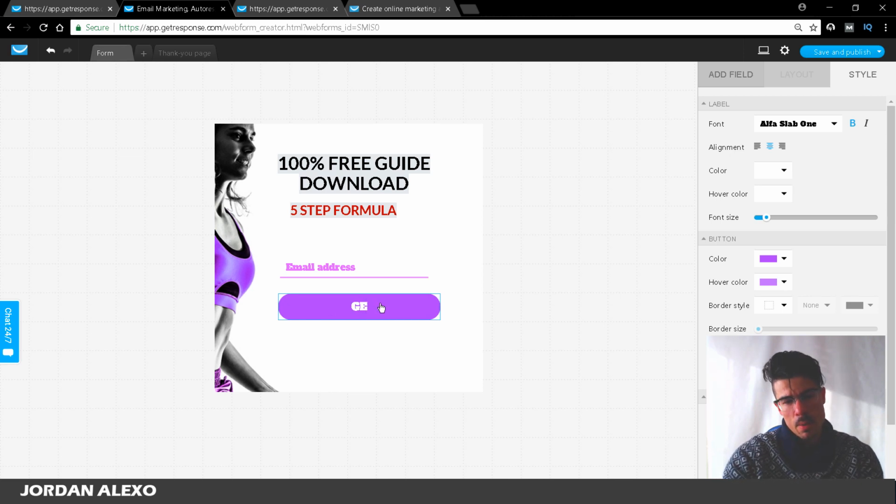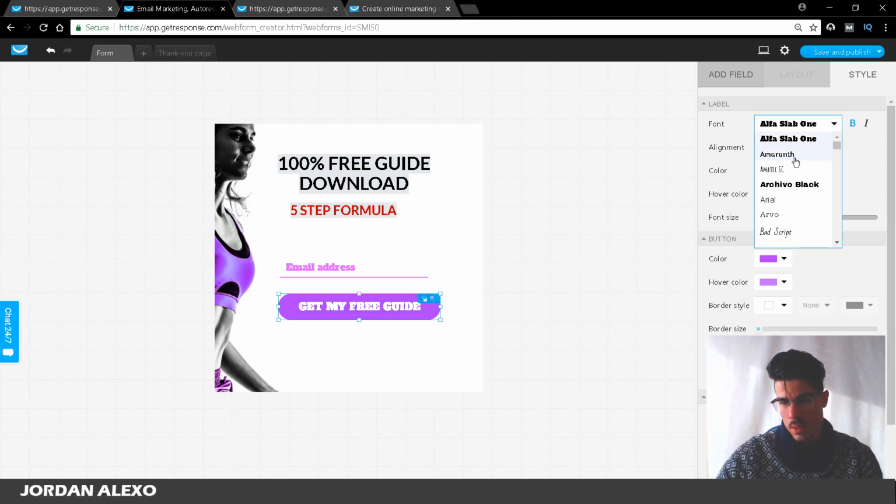You select each option, get my free guide. This font is just terrible. I'm going to change this. It's really hard for people to see this. Yeah, and that looks a bit better. You can change the colors of your button. As you can see, once I select the button, over here, double click on it, you can change the color